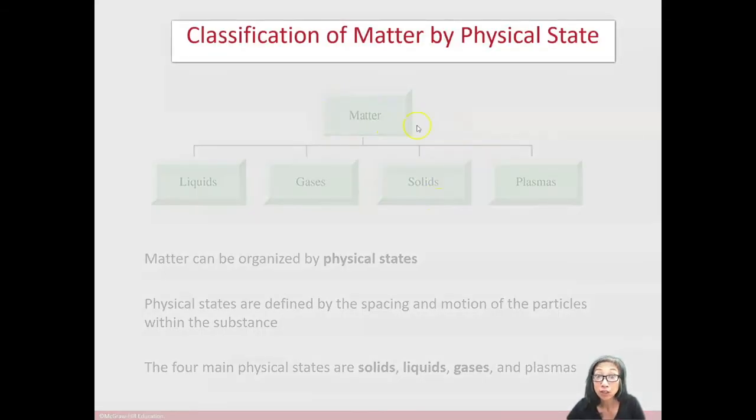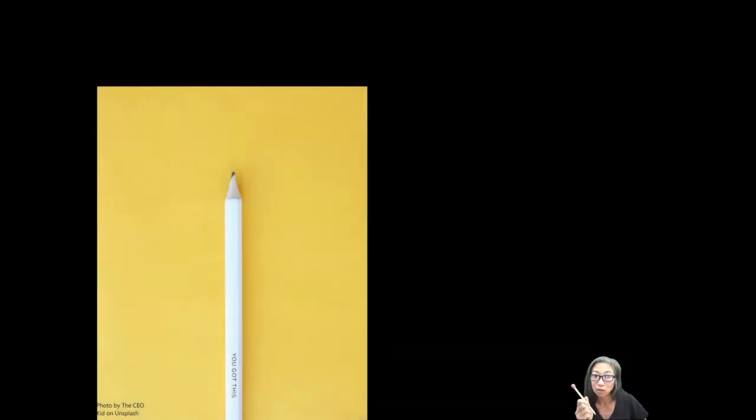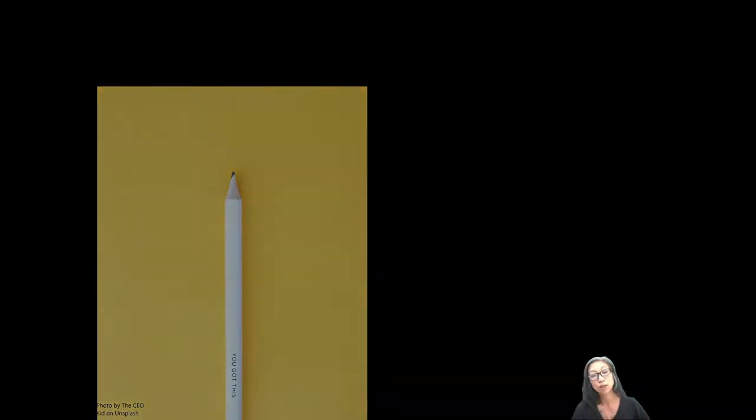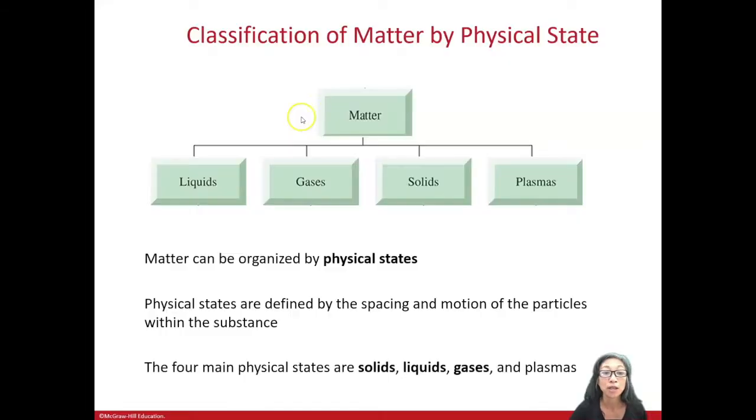So in this classification scheme, you take all the matter in the universe and you basically put it in one of these buckets: a liquid, a gas, or a solid. Think about the matter you see around you, the pencil or pen you're holding. Which classification would you put this in? Or if you're drinking some water, you would classify that as a liquid. Or there's the matter you can't see, like the air in the room, which would be a gas.